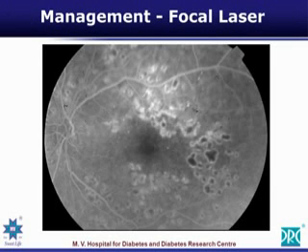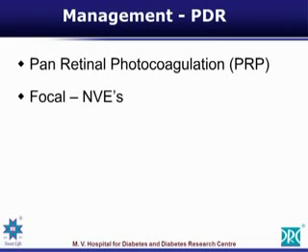Look at these black and white fluorescein angiograph pictures; you can find the various spots here. These are the scar tissues that come out after laser therapy for focal diabetic maculopathy. In the case of proliferative diabetic retinopathy, a condition where we have to give more aggressive laser therapy, we give the procedure known as pan-retinal photocoagulation, known as PRP.